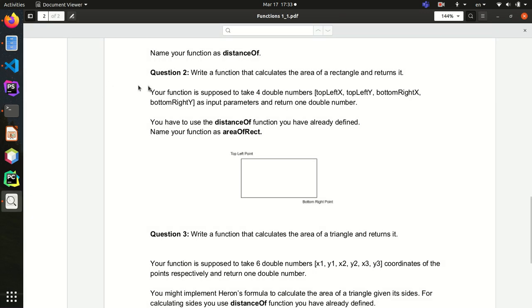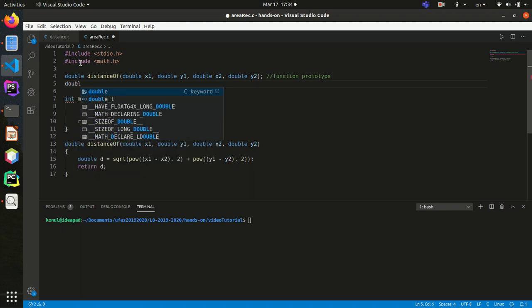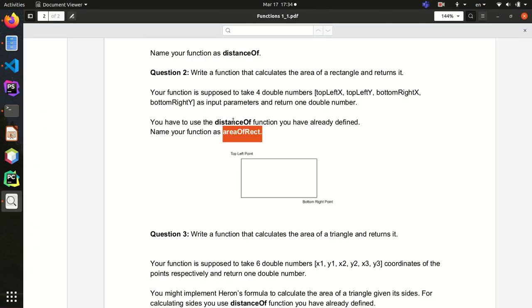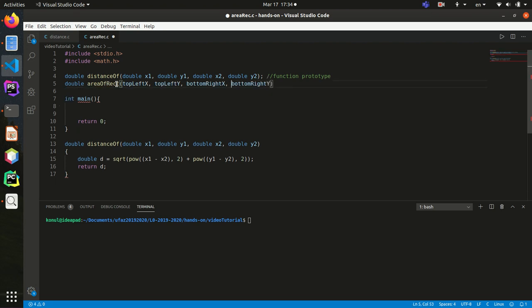Now what we need to do is to write the area of rect function. Let's have a look at this function. Your function is supposed to take 4 double numbers, so my function is gonna take 4 double input parameters, and it's gonna return 1 double number. As it returns double, its data type is double as well. I will write the prototype of the function just above the main function, and its name is area of rect, and it's gonna take those 4 points. We shouldn't forget that their data types are double as well. So don't forget to write their data types: